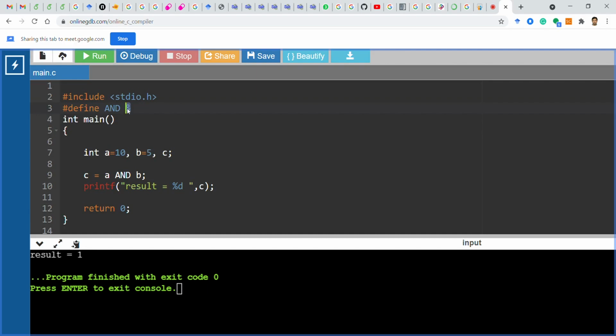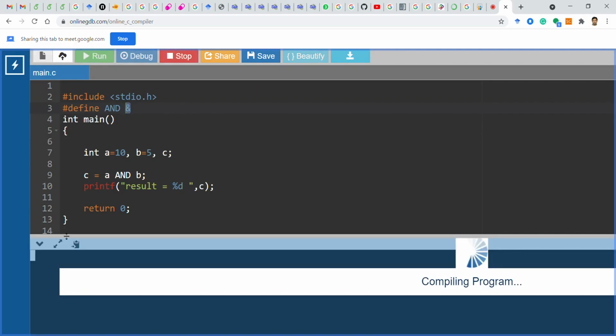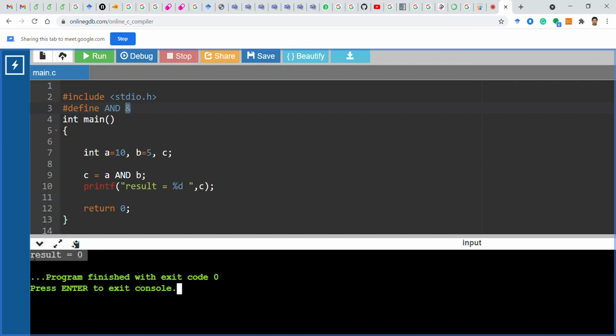So 4 zeros means 0. So that's why you will see, if you do this, you will get result equal to 0. So now I think it will be clear how this preprocessor macro is actually working. So let's go further with the macro part again.